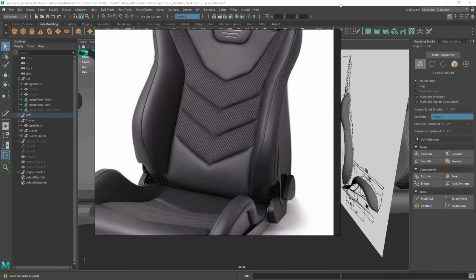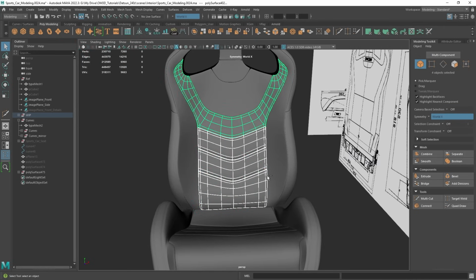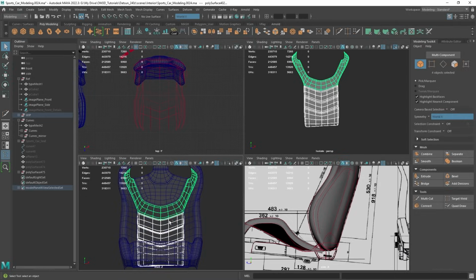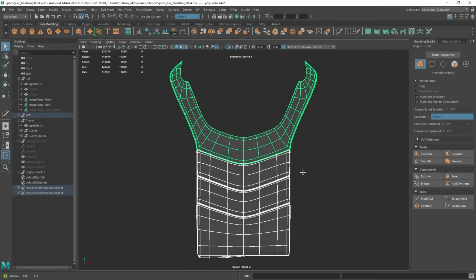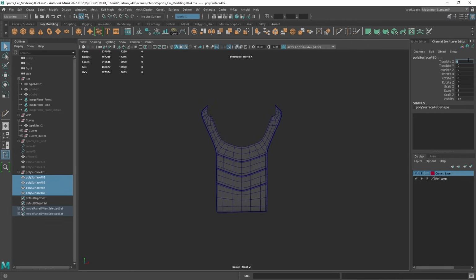The other thing you'll notice in the reference is they're a lot more angular, so they're very sharp here. So what I ended up doing was adding in some extra edges to really hold that form. And what's nice is, if I Control D duplicate and move these back to the center here,